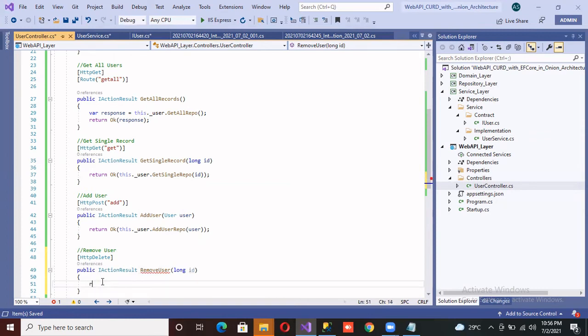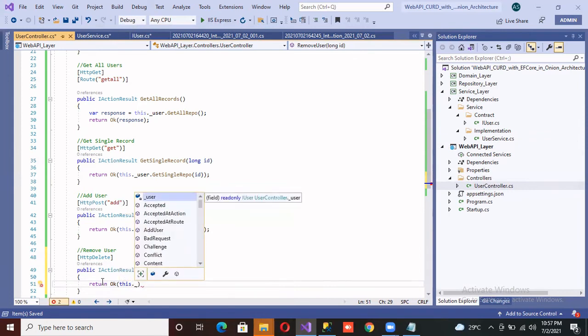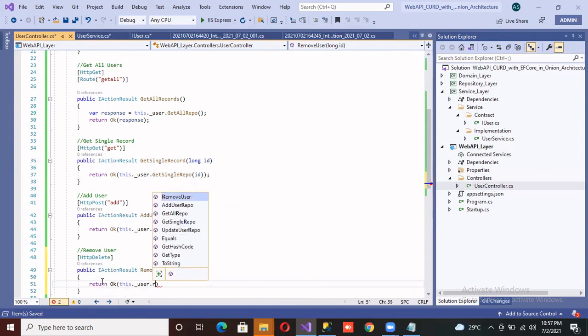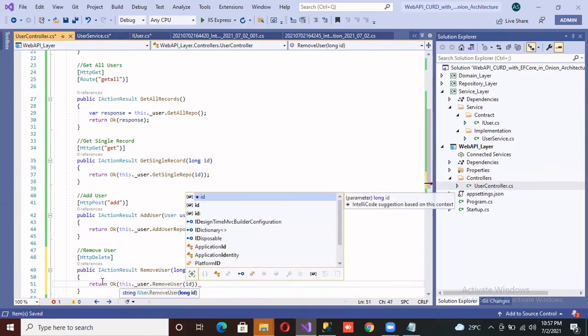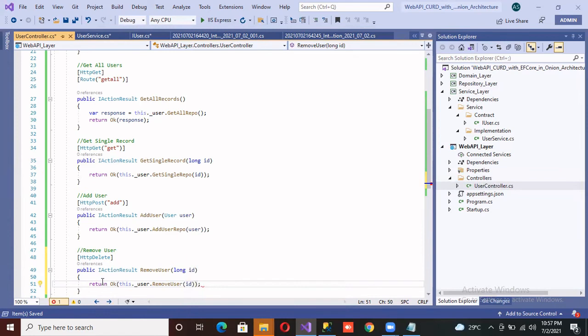Okay. Again, return Ok, this dot user dot remove user, and this is a parameterized method. So I'll provide the parameter.